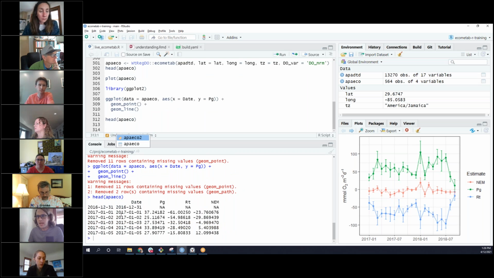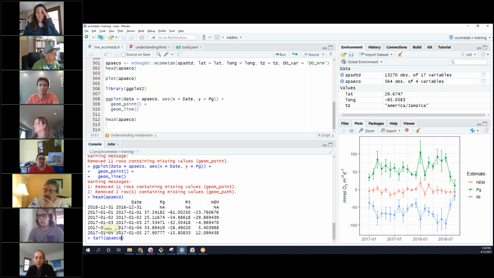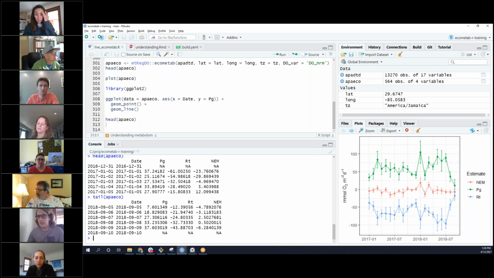So we have a date here from January 1st, 2017 to should be like middle of 2018 or late 2018. We can certainly work with these daily values if we want to retain values at that time step, but as